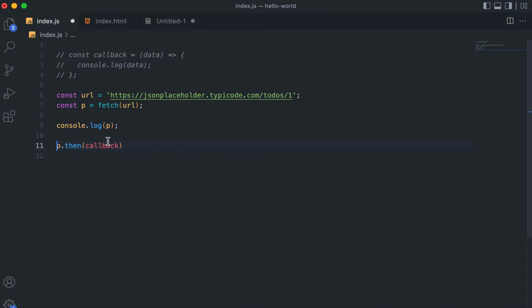So p dot then and callback. After some time I will start writing these directly here only, right? But for now, for clarity, I'm just creating a separate function, and we are writing there, right? Okay, so you can see that